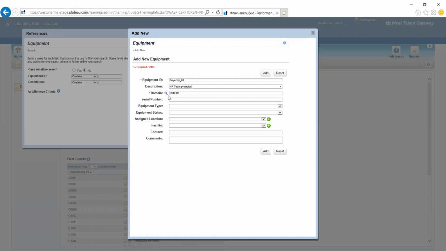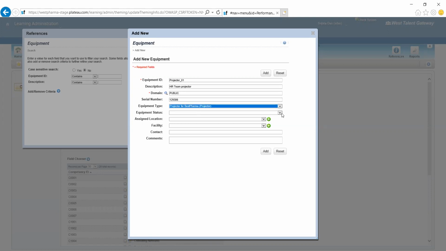If you are specifying it within a specific domain, you can create that, and if there is any serial number or ID, then you can give the projector number. And for equipment type, you can see the projector equipment type is coming here, showing projector for Best Pharma.